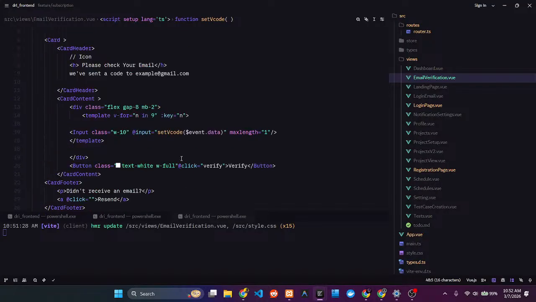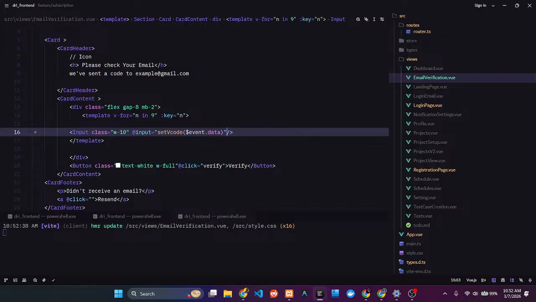I think maybe, just maybe, if I remove the max from here,